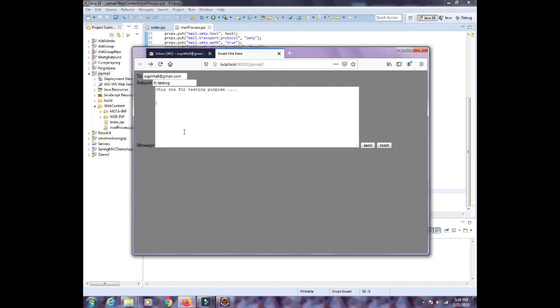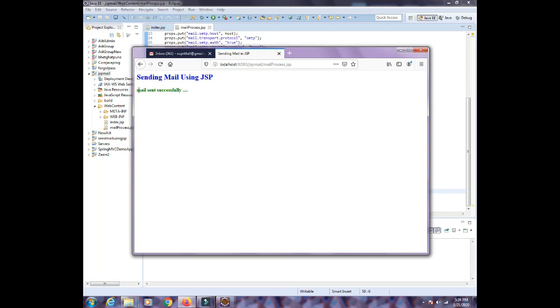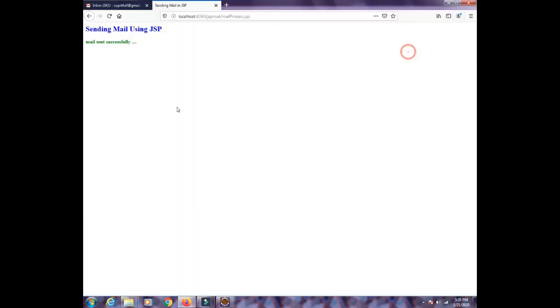All the contents will be shown in your mail, whatever email ID you use. It depends on you. I just click it. Mail sent successfully. That means my mail is sent successfully. Let me open my mail.